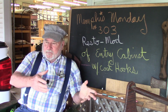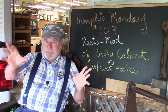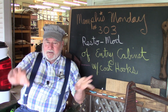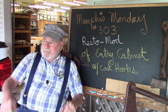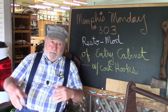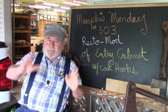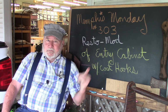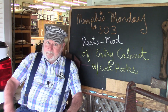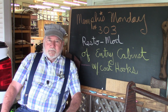A friend of mine brought over a little entry, one of those little entry cabinets you put by your back door or in a mudroom. It's got little shelves or drawers and a coat rack at the bottom. Brought one over to me, and I just assumed he wanted me to restore it or refinish it or whatever. And he said, "Oh, no, I'm just going to give it to you. It's just yours." Well, I thought it was the ugliest thing I'd ever seen. I didn't tell him that, but I said, "Well, it belongs to me now, so I guess I can